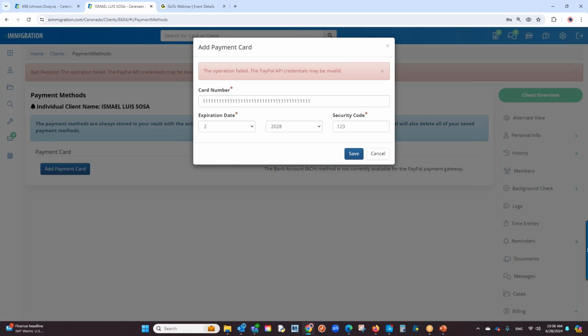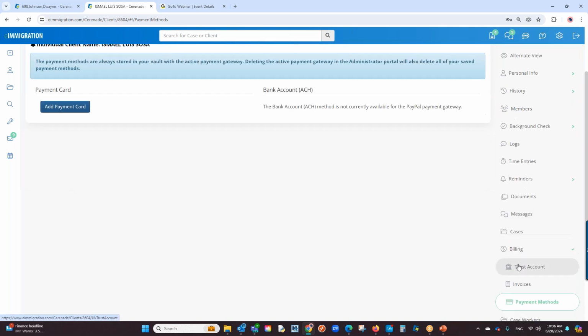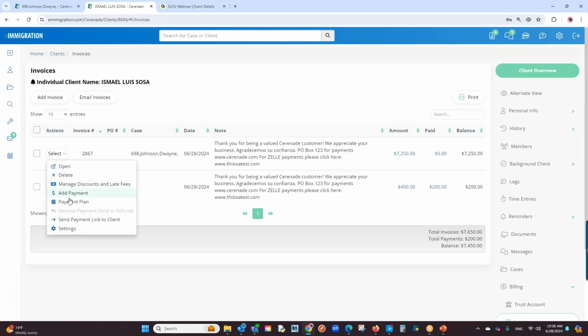Now, because it's a bogus credit card that I just entered, it's going to tell me there's an error. So this is kind of the first step. The software will let you know, hey, something's bogus with this credit card. Please enter the correct number, the correct expiration date, and so forth. But if you save the information in the credit card here, then when it comes time to process an invoice,